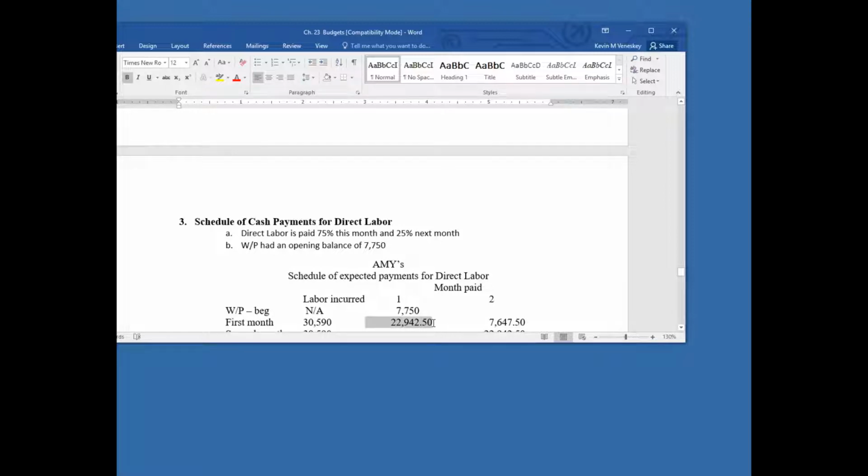$30,590, take 75% of that. And that's this $22,942 is what I'm going to be paying on current wages. And then of course I'm going to be paying off last month's wages right away. Whatever's left out of that 22,000 out of the full 30 is what's going to go into my new wages